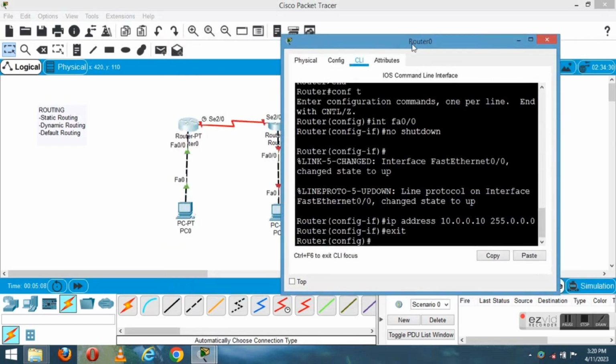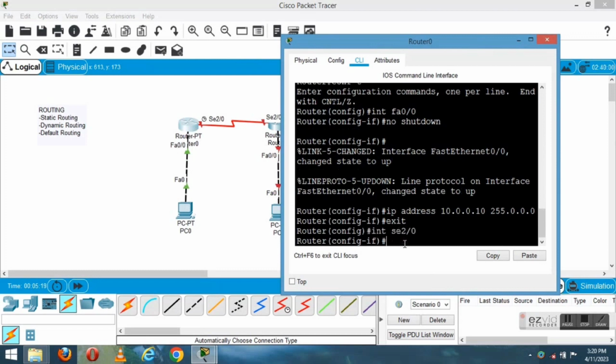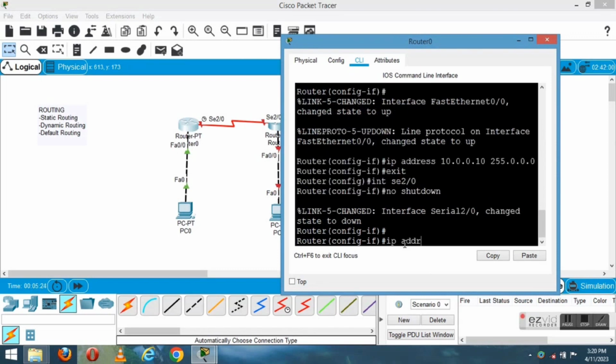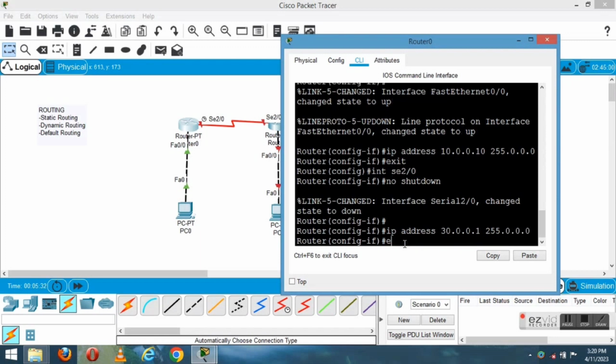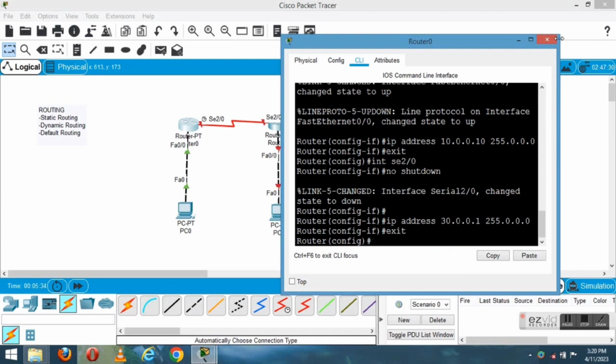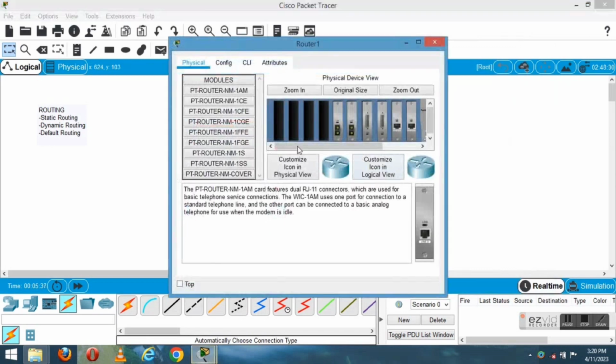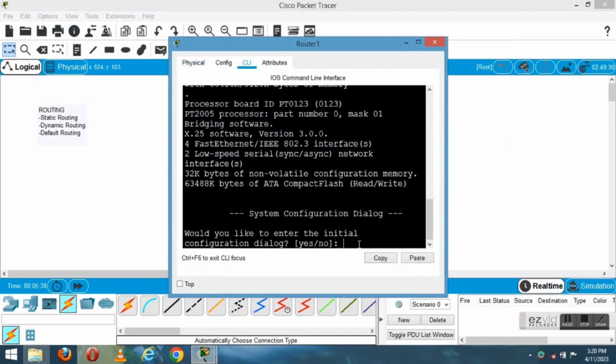Now we have assigned the IP address for FastEthernet 0/0, and we are going to assign the IP address of the serial interface, that is interface serial 2/0, no shutdown. IP address, let us give here 30.0.0.1, 255.0.0.0, enter, exit. And now let us go to the second router, and here